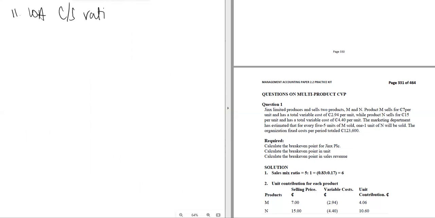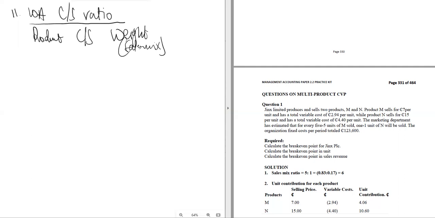And how do you get your weighted average CS ratio? You weight with the sales mix. So if I take my product here, I take my CS ratio, then I have the weighting also, the weight, which is the sales mix. Okay, the weight is the sales mix. Then that gives me the weighted average. So if I take product M, the CS ratio was